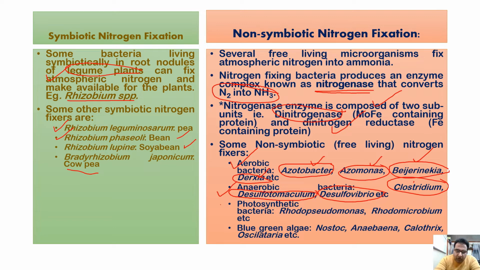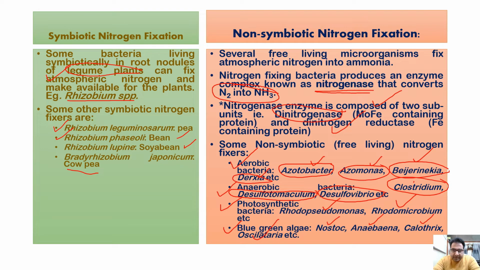Then there are certain photosynthetic bacteria, such as Rhodopseudomonas and Rhodomicrobium, and then we have the blue-green algae, which are Nostoc, Anabaena, Calothrix,